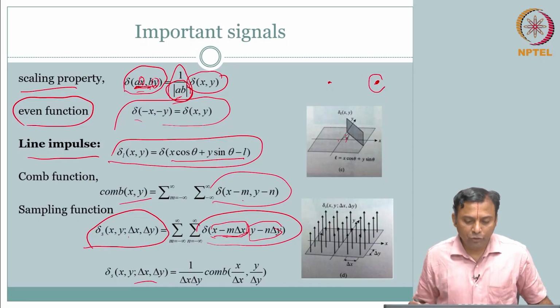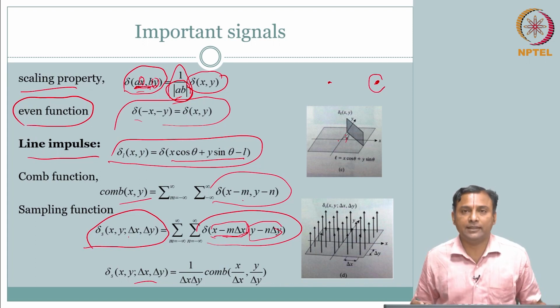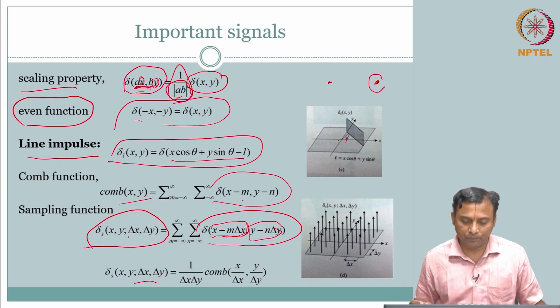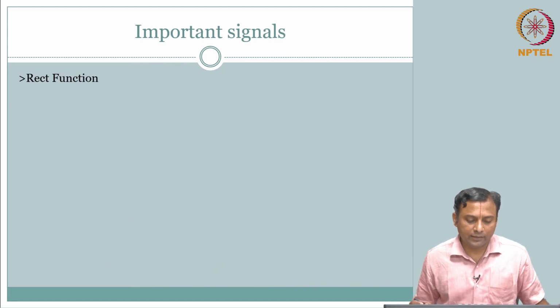Okay, so we have a few more important signals that we want to cover before wrapping up the review of the signals part of it. So we did point impulse, line impulse, and then we talked about a sampling function and the combination of comb function, how it can be written for the sampling function, right. Now, if you really think about it, there are whole different sets of signals. Several of them were very interesting, but we will stick to those most common ones which will be repeatedly used in this particular course. Okay. So having said that, let's move on.